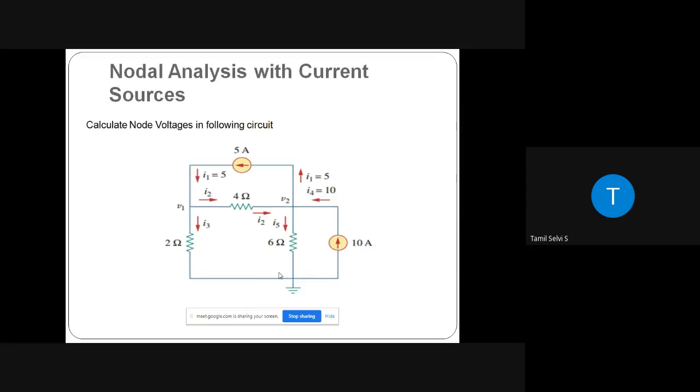So this is a sample problem which we are going to solve. Calculate the node voltages in the following circuit. So see, this is the circuit which is given. In this circuit, we have to calculate the node voltages. So first you have to assign the node voltages as V1 and V2. And the currents flowing towards the junction are I1 and I3, and the currents flowing away from the junction are I2 and I3. So based on this equation, we are going to apply the